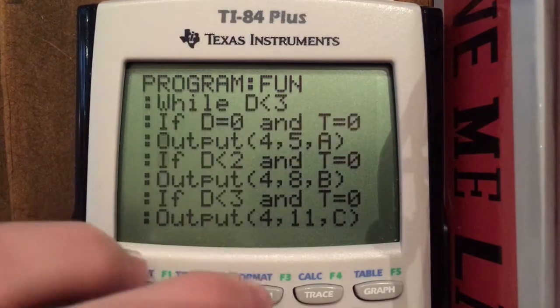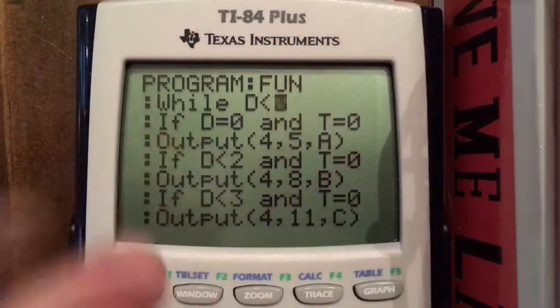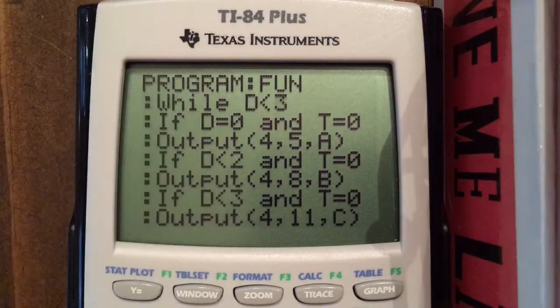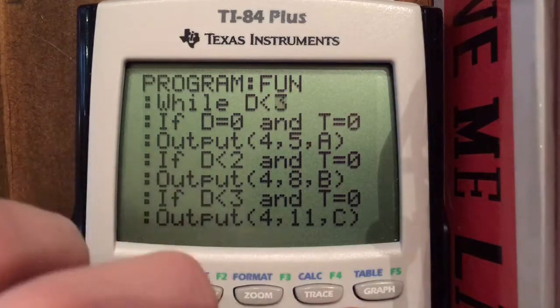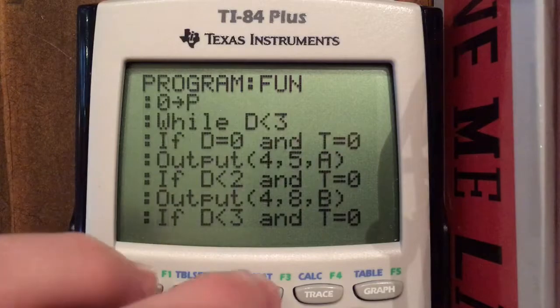While D is less than 3, D is the variable that represents how many times the player has clicked Enter. So while that is less than 3, because it starts at 0,